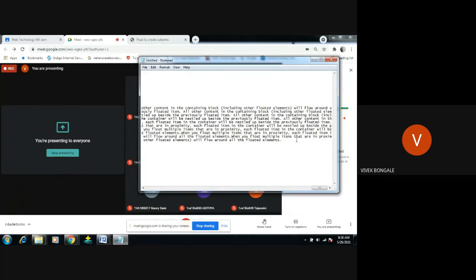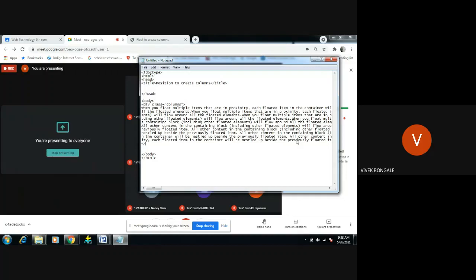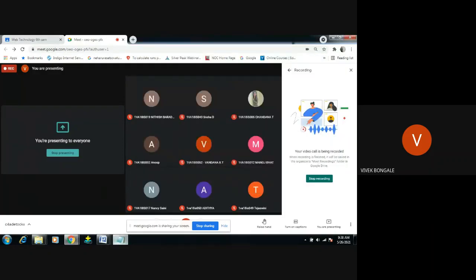Correct? So I will close the div. It will not create columns yet; it will just display this part in our browser.